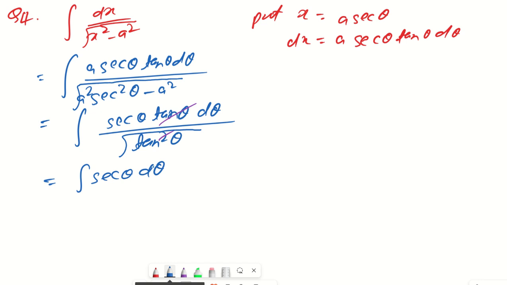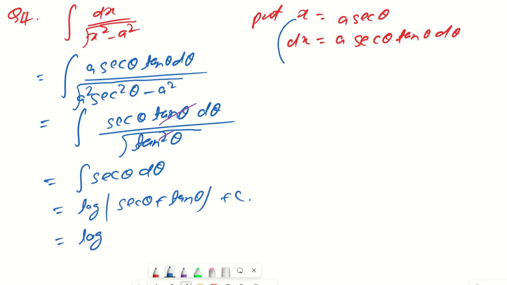So we are going to get sec theta d theta, and in that case you already know integration of sec theta d theta, we have derived it and we have considered that as a formula. So you can write it down as log of sec theta plus tan theta plus some constant c. Okay, now if you want you can replace this by putting x. So what we will do, we can do that as log of, let's say, sec theta. So from here, what is my sec theta? Let me change the color so that it will be easy.